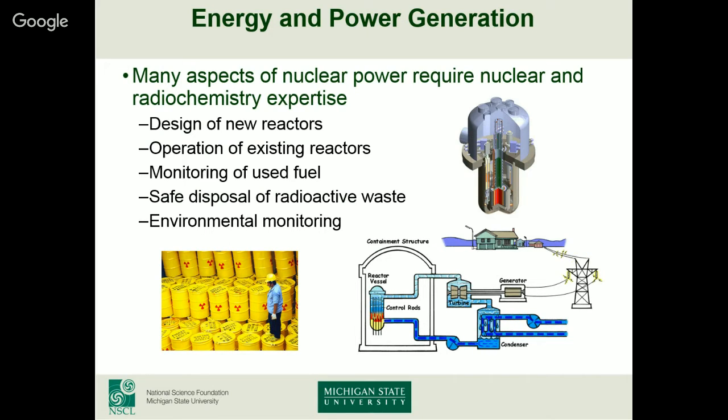Now, the next one that I want to talk about is energy and power generation. Again, this is pretty much nuclear power plants, but there are a lot of different processes that need to be monitored during the evolution of nuclear power. From the very beginning, such as knowing where your radioactivity is going to be in the reactor, to then knowing how it will act inside the reactor, to then knowing when it's done being inside the reactor and when you